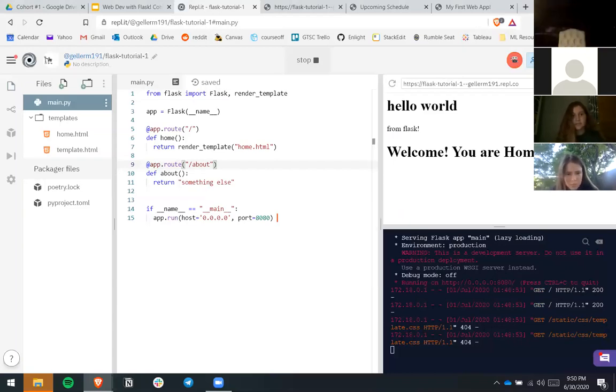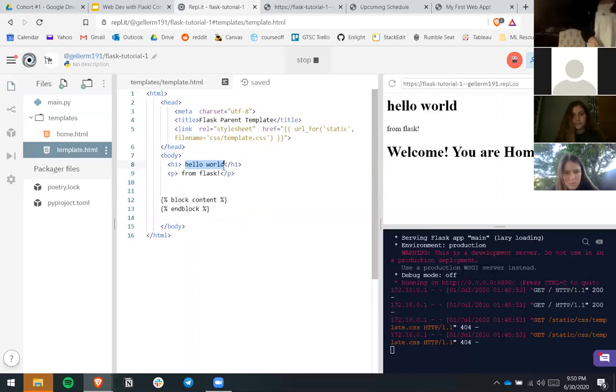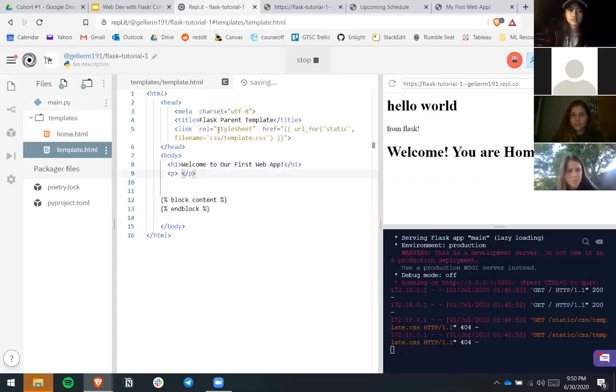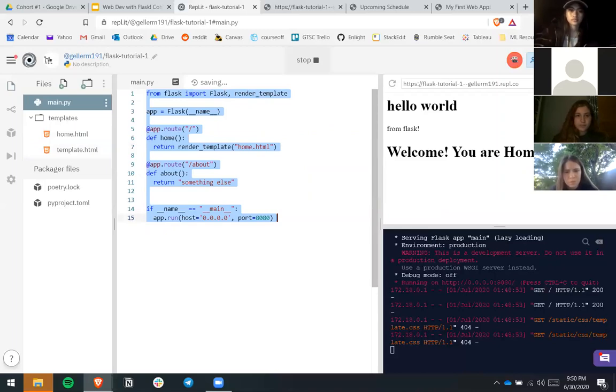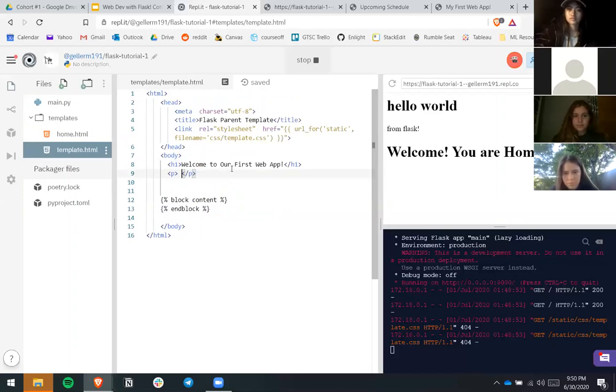Okay, sweet. So we have a home page. We have a template that everything renders from, which is pretty cool, you know? So maybe we can make this more accurate, you know? Welcome to our first web app. Hey, Max. You want to maybe paste the Python in chat as well? Yeah, we'll do. Sweet. And, you know, put in paragraph tag, rename this with,